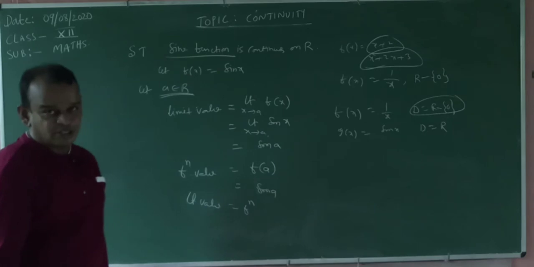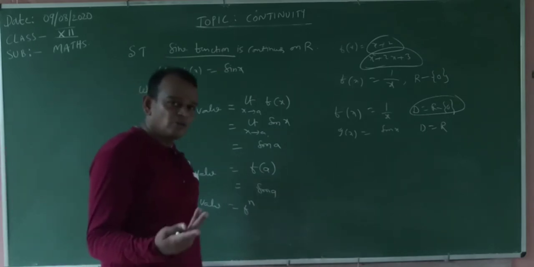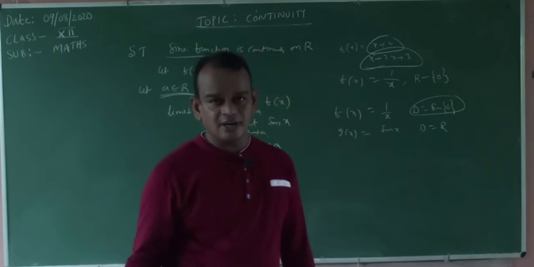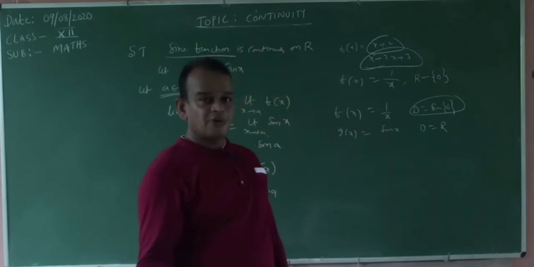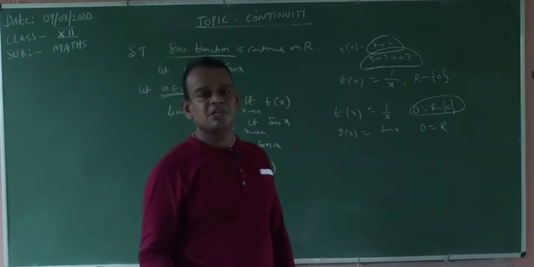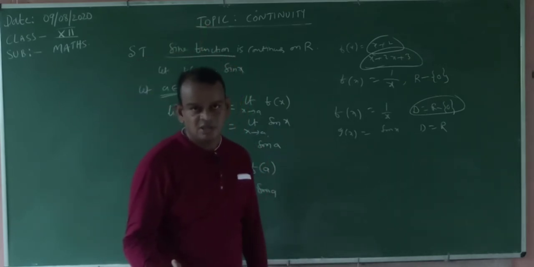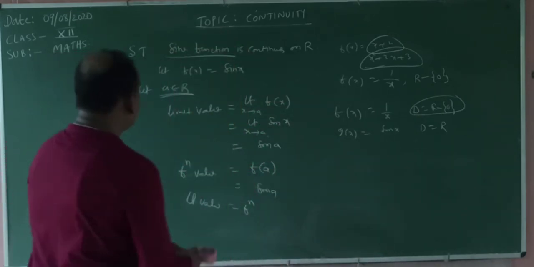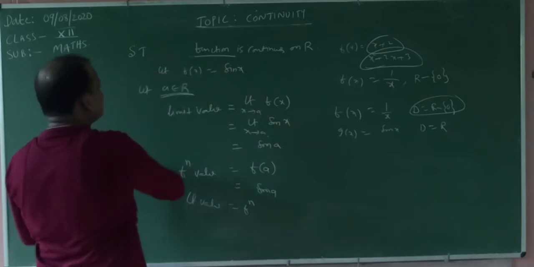Now e power x, the exponential function. What is the domain of the exponential function? R. A power x, e power x, those are the exponential functions. Most of these are compulsorily continuous on the real numbers, everywhere. That is how we will show it. No doubt at all. Now the cosine function, what happened?